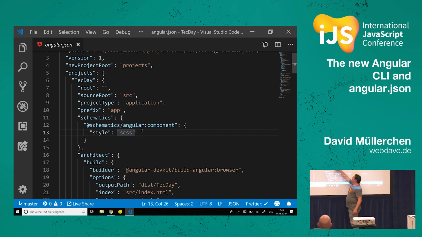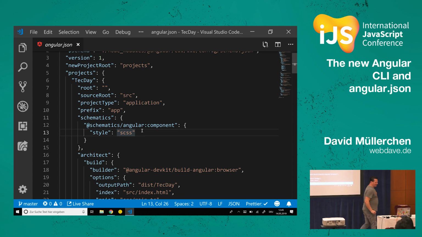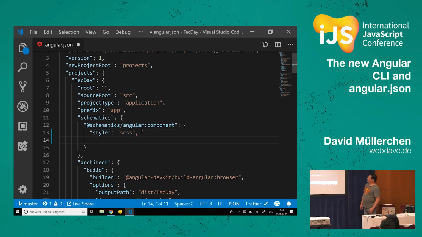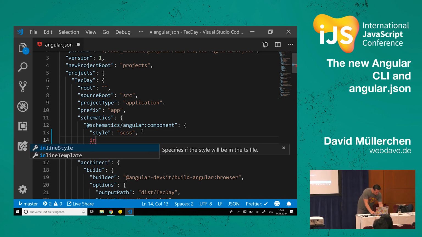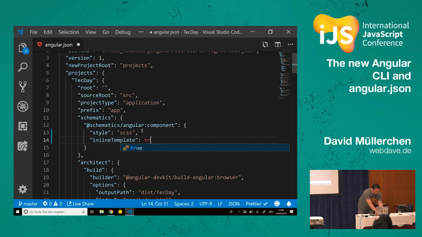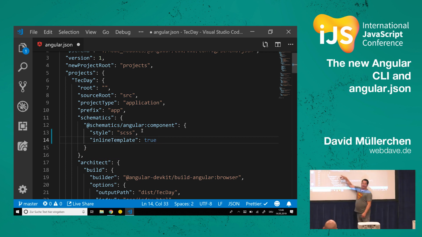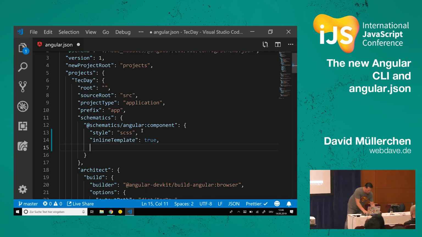And in there, you can set some default settings. For example, we could say we want to have inline template, set to true. And now every component I would generate inside of this project will have an inline template. The same goes for inline styling, same goes for everything else we can configure for a component, like